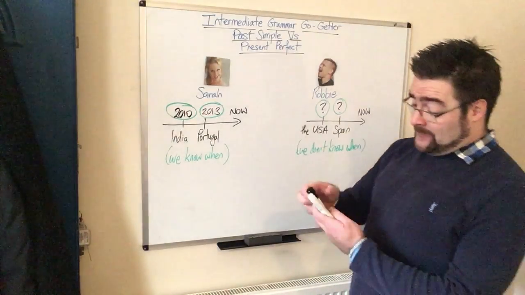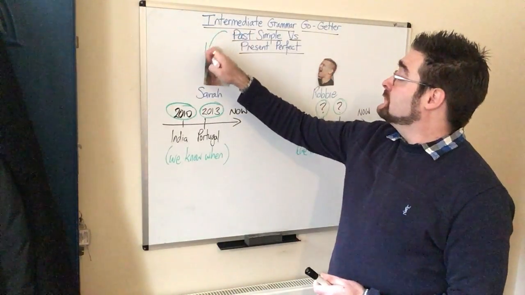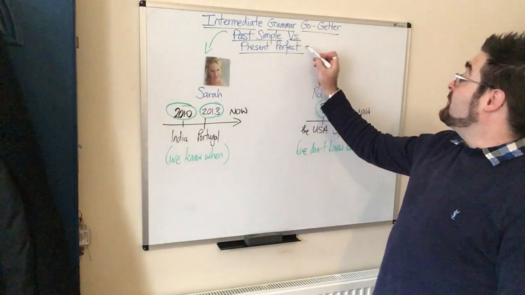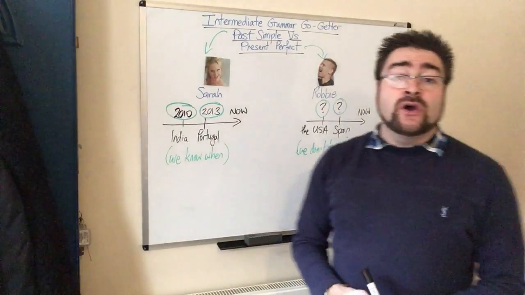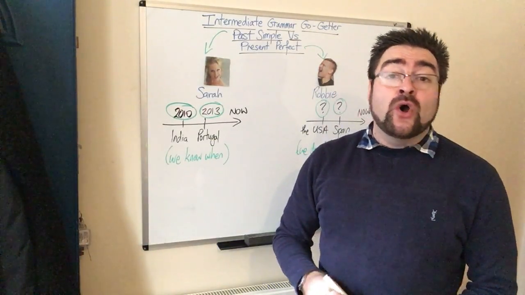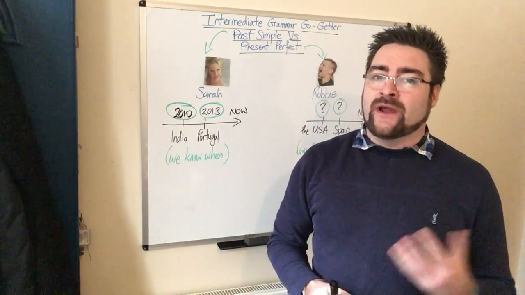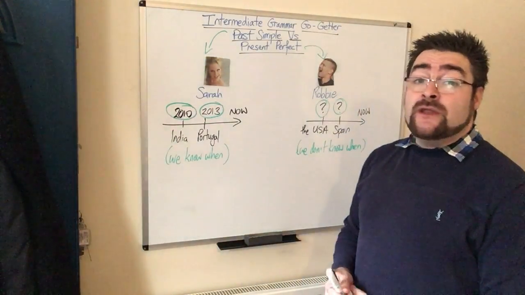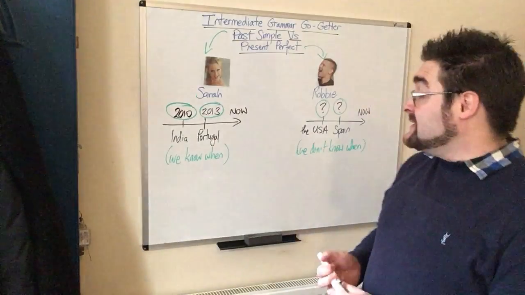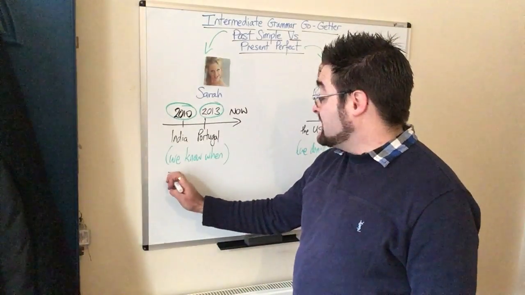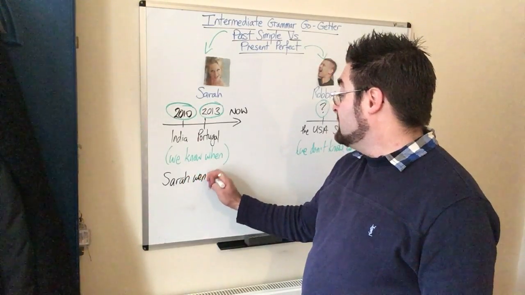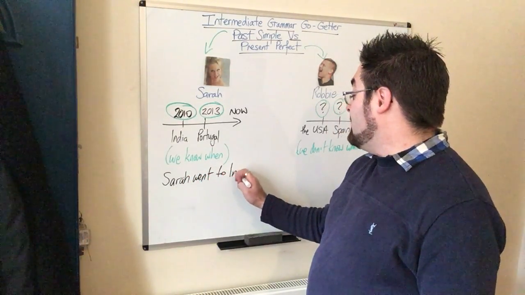With the past simple, we know when the action happened. But with the present perfect, we don't know when it happened, or it's not important when it happened at some point in that person's life. And then we simply build the sentences. So we can say that Sarah went to India